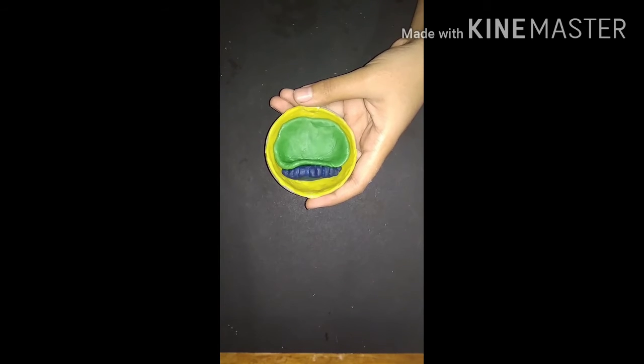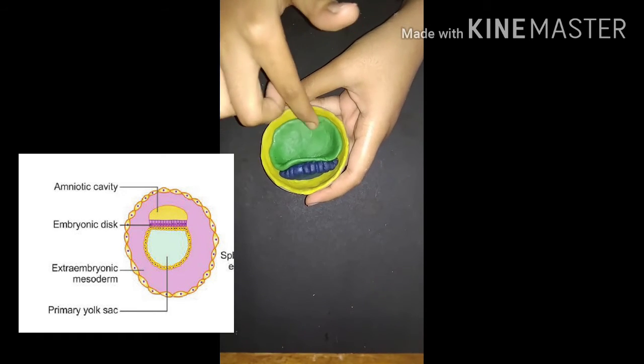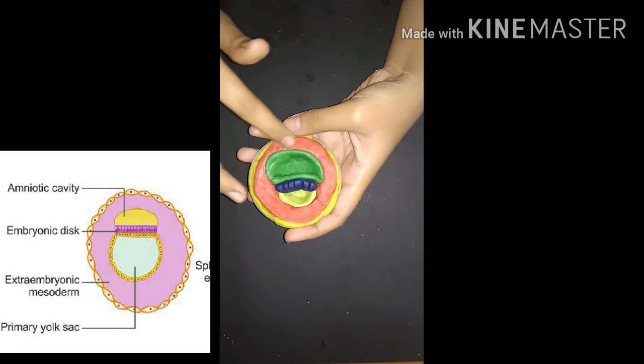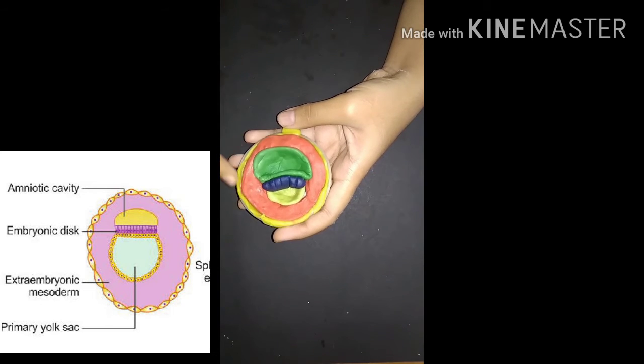Thus the formation of the extraembryonic mesoderm. We just saw that endoderm has lined this cavity known as the primary yolk sac. So extraembryonic mesoderm originates from the trophoblast cells, between endoderm and the trophoblast. So this is endoderm, green color, this is trophoblast, and this extraembryonic mesoderm is going to originate from the cells between both of them. So let me add this extraembryonic mesoderm and show you. The red colored one is representing the extraembryonic mesoderm, and you can see it is present between this endoderm and this yellow colored trophoblast.